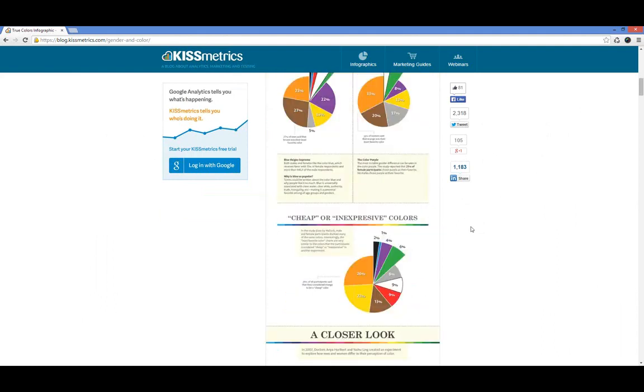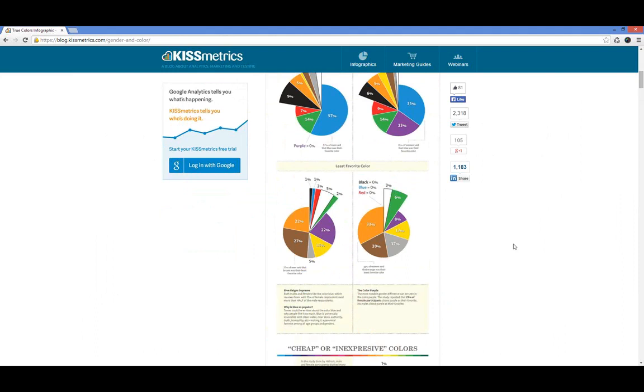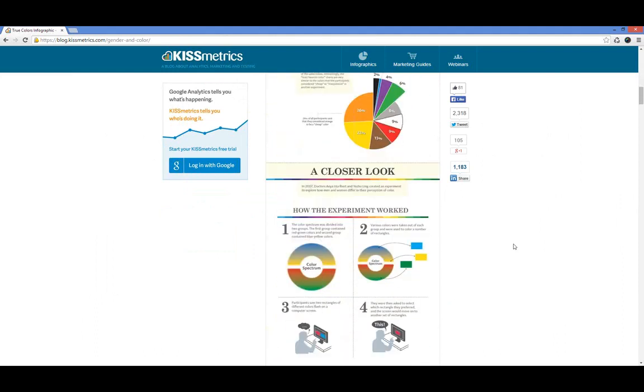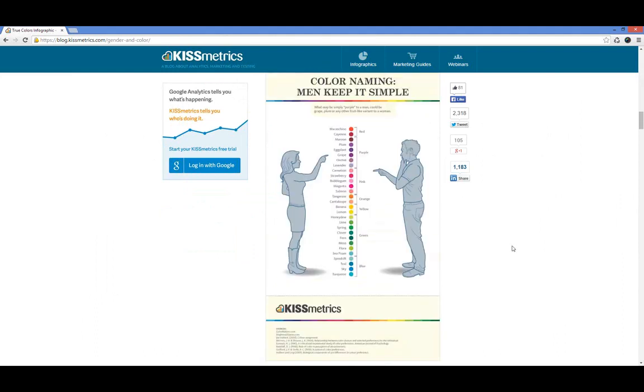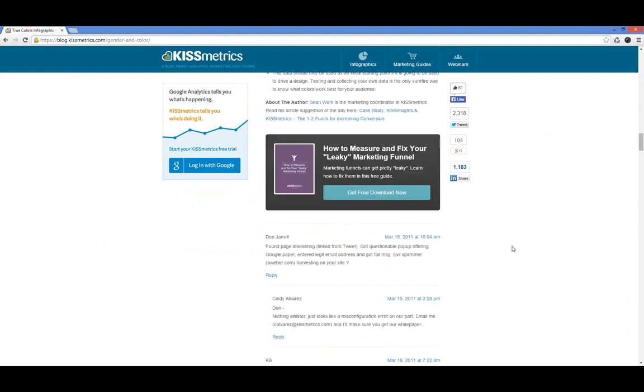I'd like to read this. So you can see that here's your black, and then blue is the male's favorite color, so maybe that has something to do with it. I know shirts sold as black though. Anyway,